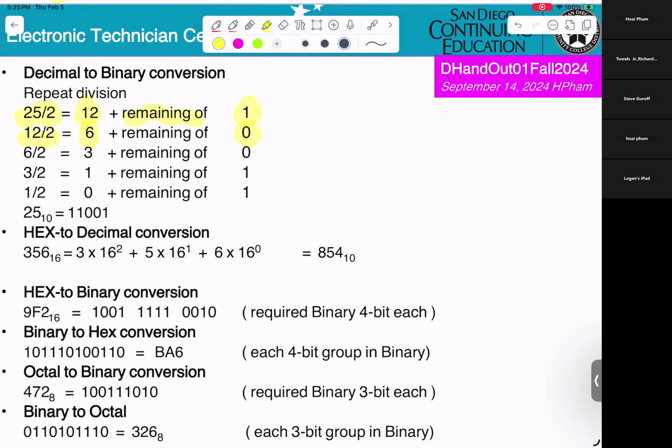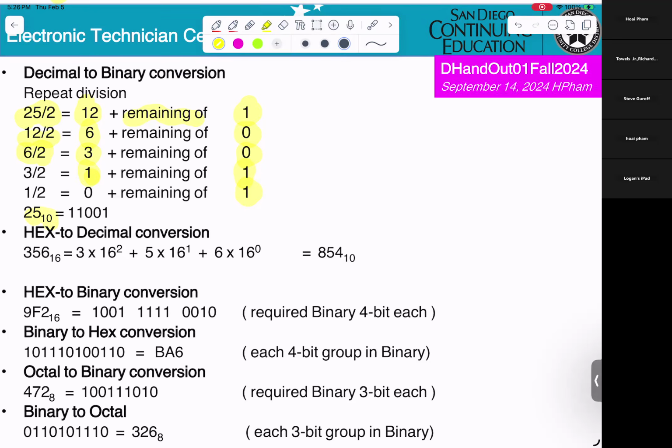And take 6 divided by 2. You get 3, remainder 0. 3 divided by 2, keep dividing. You get 1, remainder 1. 1 divided by 2, you get 0, remainder 1. So